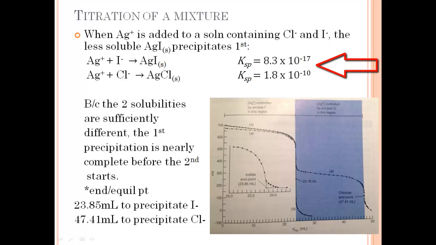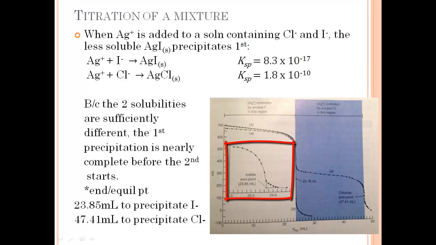Now, because the solubilities of those two reactions are significantly different, I mean, one's 10 to the negative 17th, the other one's 10 to the negative 10, that first precipitation is almost nearly complete before the second one actually starts. So look here, where it says curve B, that is the titration that's happening with AgI, because you notice that B, look at the voltage down here. The equivalence point of that AgI reaction happens at around